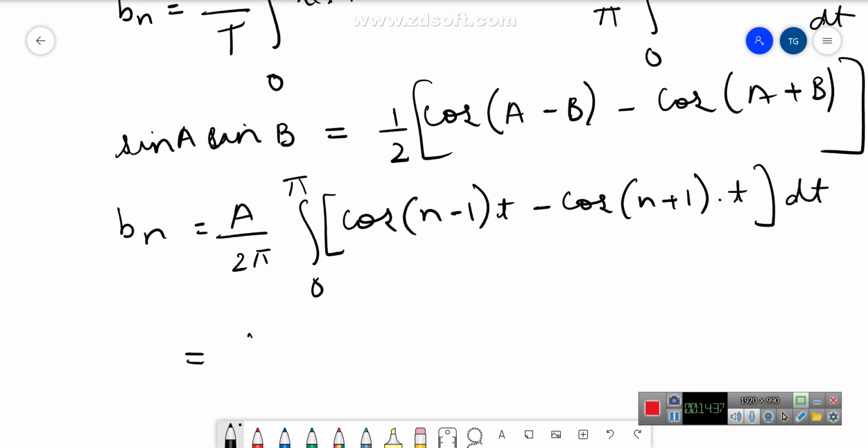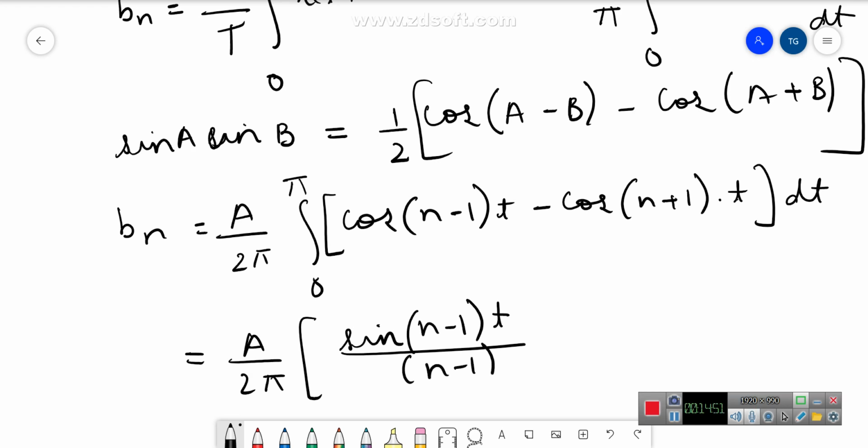So this thing can be written as a by 2 pi, and if we integrate it, we'll get sine of n minus 1 t upon n minus 1 minus sine of n plus 1 t upon n plus 1